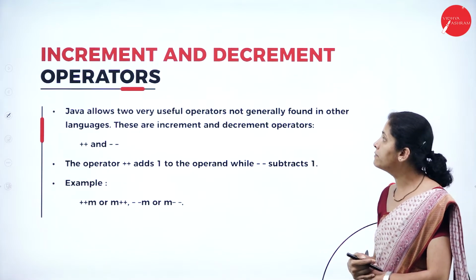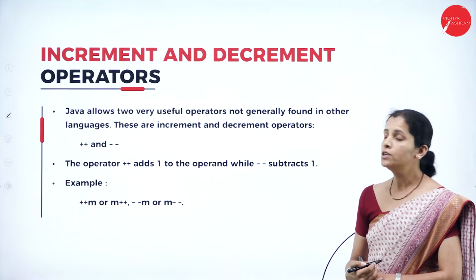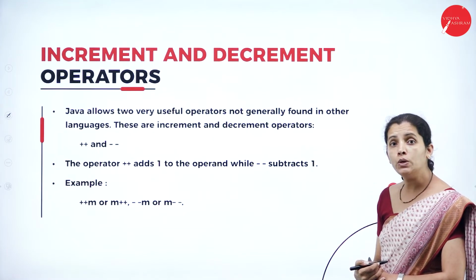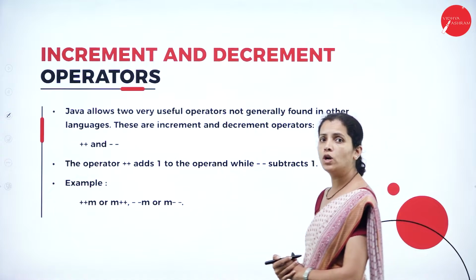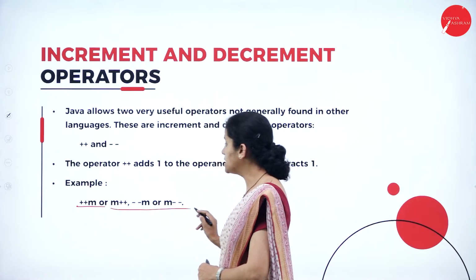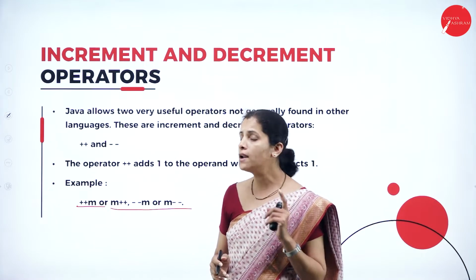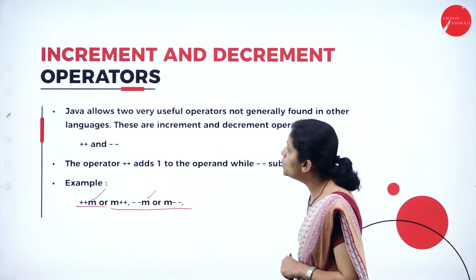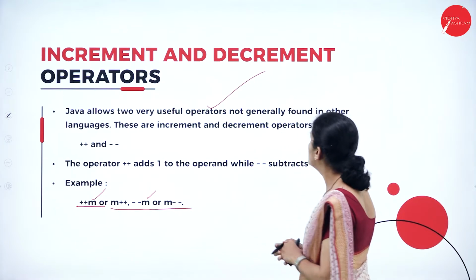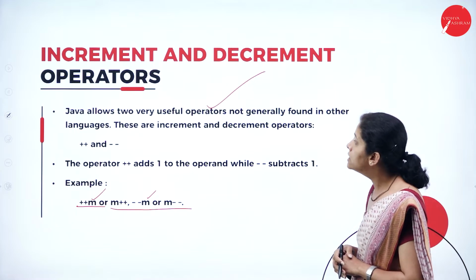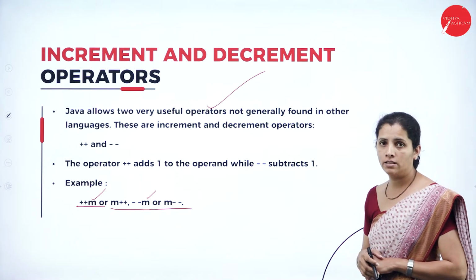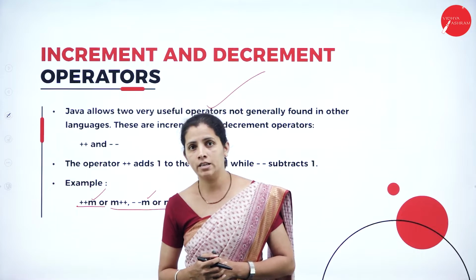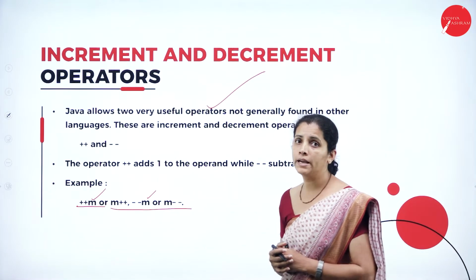Now, dear student, I'm going to have the increment and decrement operator. These increment and decrement operators are the example for unary operator. Unary in the sense what? Only one operand. See here, if I consider this example, how many operands am I having? Only one operand. That is M, and here also it is M. So, Java has two very useful operators not generally found in other languages. These are increment and decrement operators. That means Java supports increment as well as decrement operators. And what kind of increment and decrement operators? That is nothing but